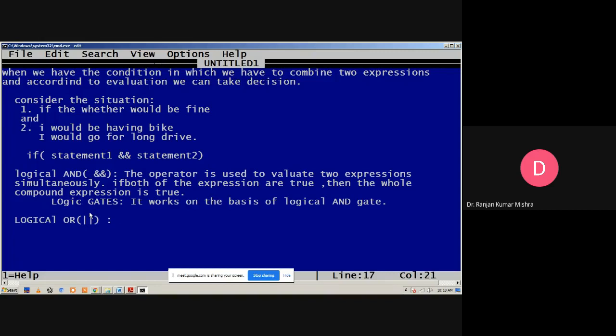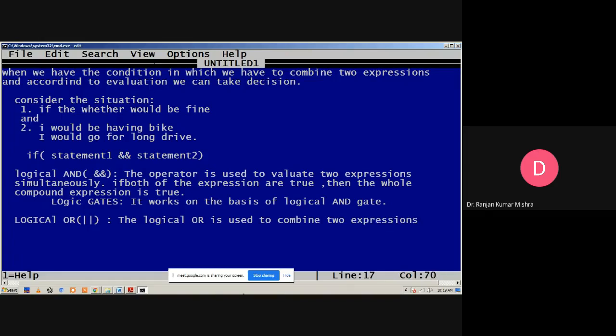The logical OR is used to combine two expressions, and the condition evaluates to true if any one of the two expressions is true. That means if both conditions are true, or either one of the conditions is true, then the whole expression outcome will be true. The logical OR is used to combine two expressions.